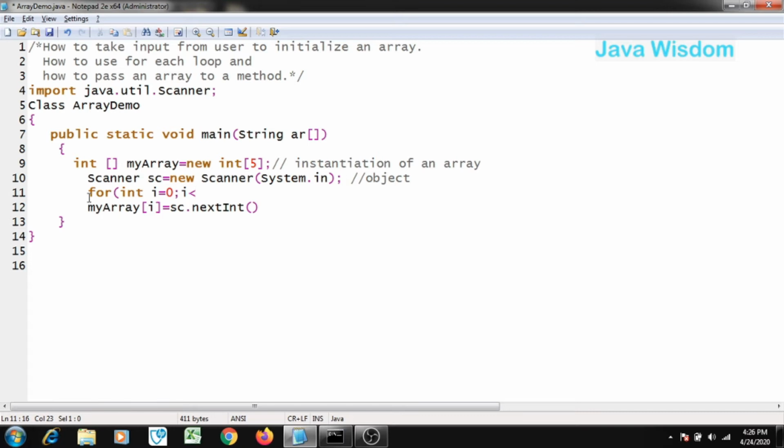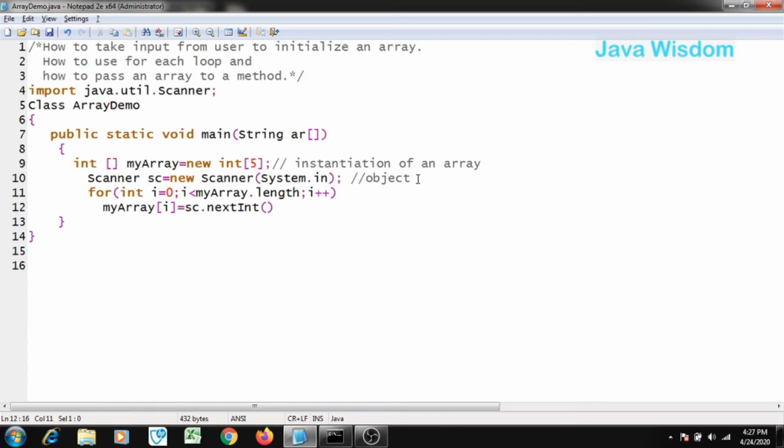So i is less than array.length, which is the variable that shows you the length of an array, and then increment your control element. Save your program. Now you can see we are ready to take input from the user.